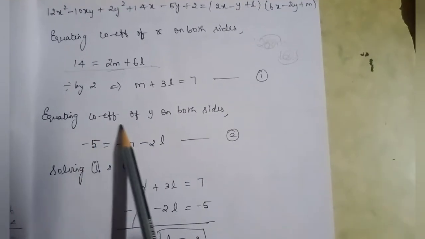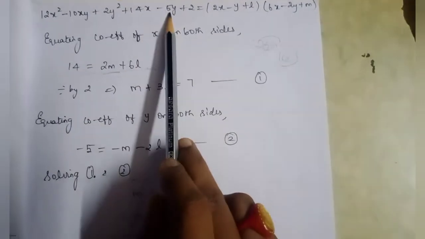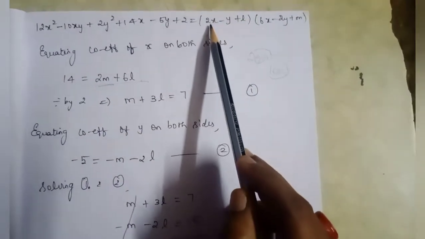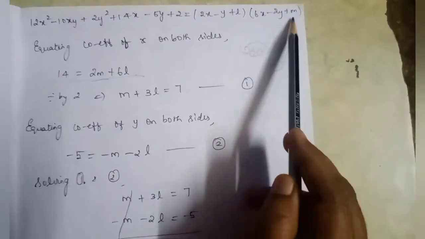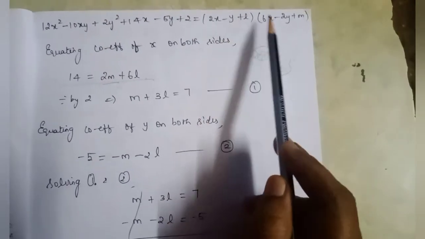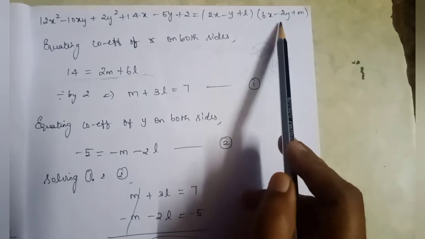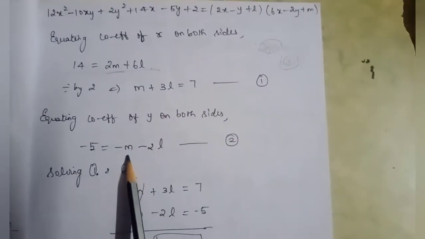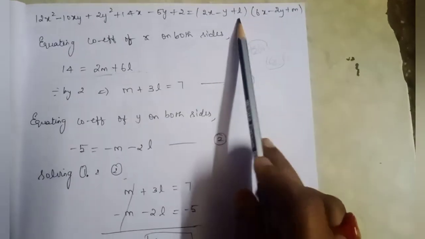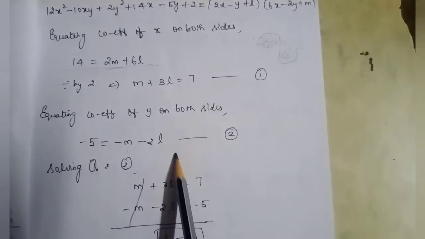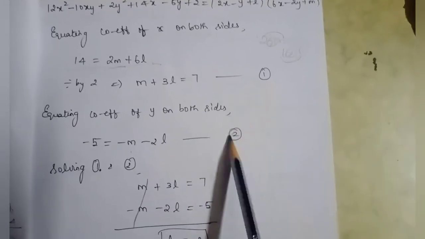Now similarly, I will equate the coefficient of y on both sides. Here the coefficient of y is minus 5 is equal to, here when I am going to multiply x with every other term here, I will get x only. So I will go ahead with y. When I multiply y and x, xy term. y and y square. But minus y into m, minus m. So I have written minus m here. Then L into x, Lx. L into y, I am getting the y term here. So minus 2L. See, now I have got 2 different equations.